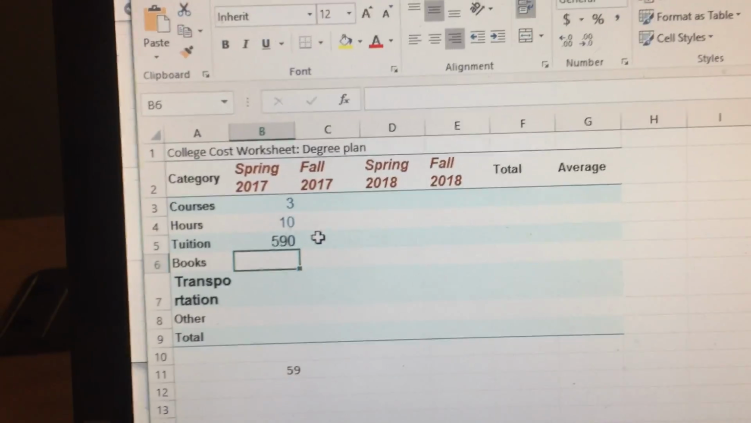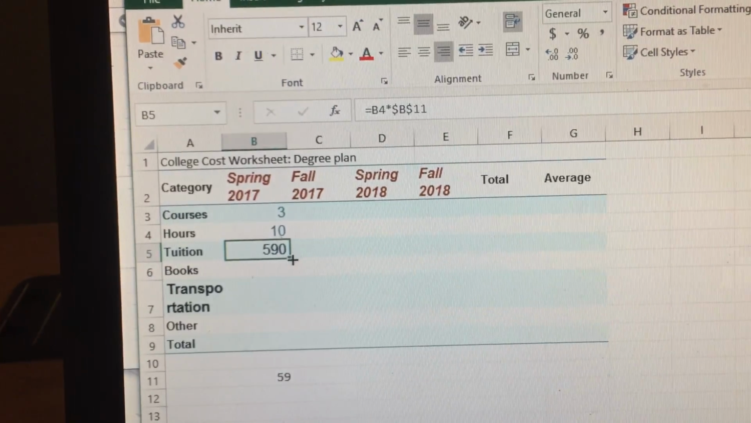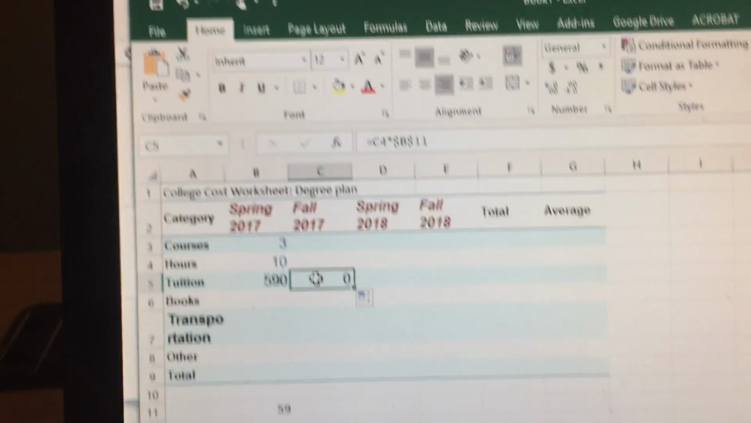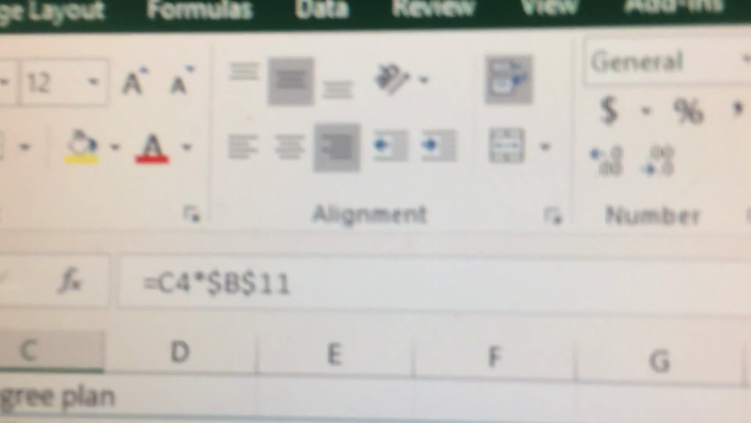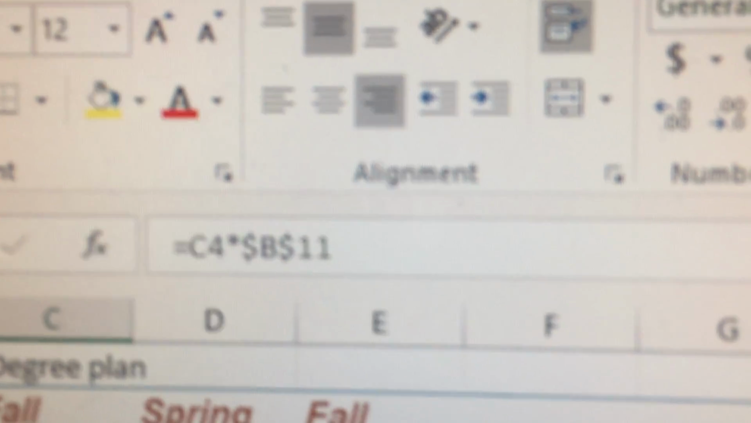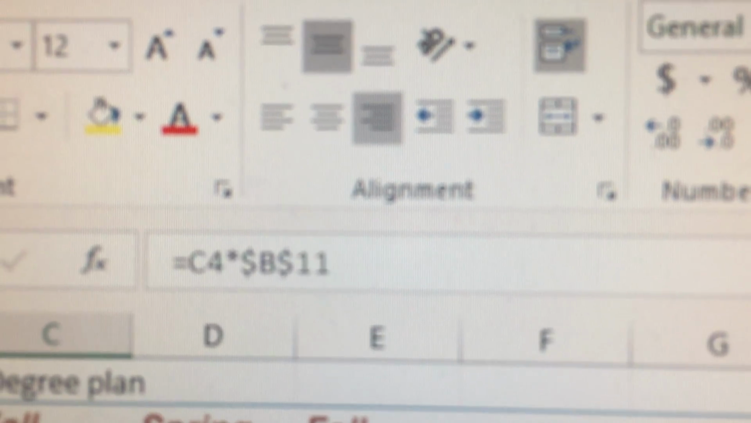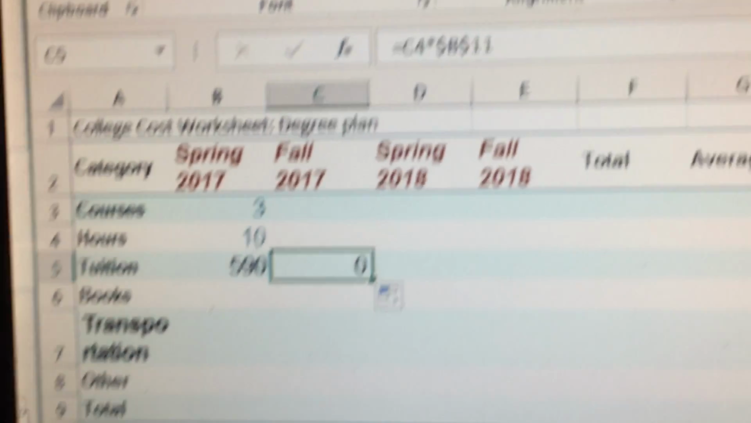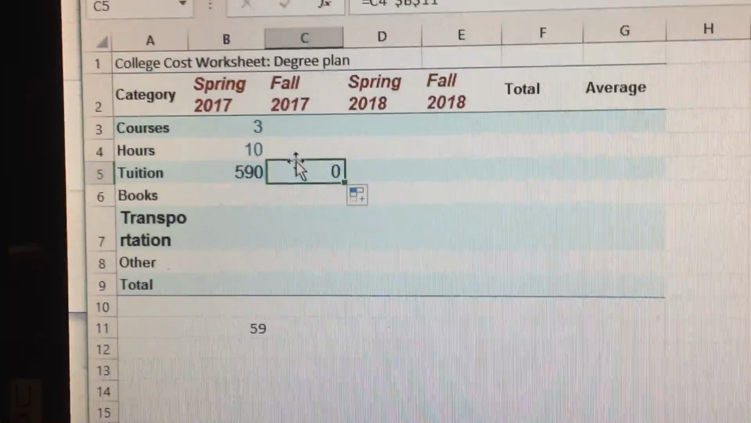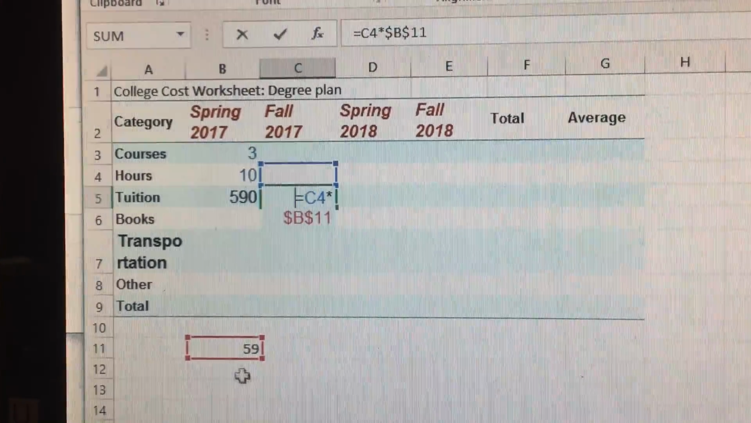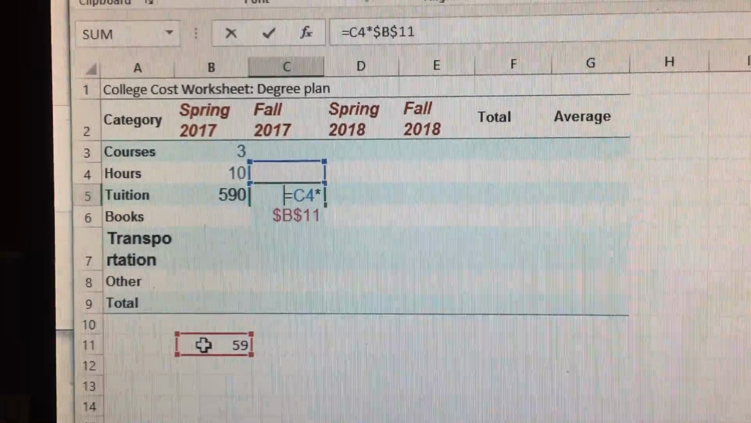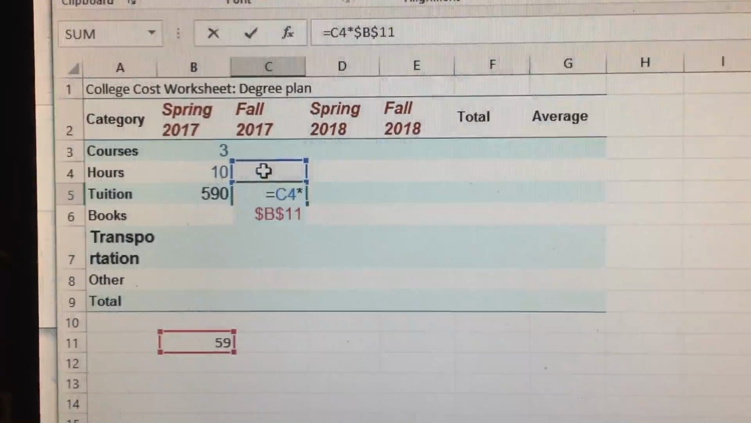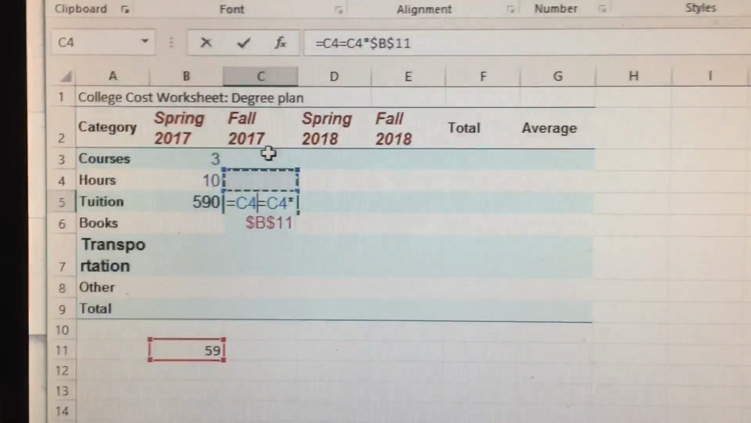What that means is that when I drag this over 1, I don't have to retype my formula. It's automatically updated so that it says equals C4 instead of B, but it's kept the B11 because those dollar signs say don't change it. We want B11. And if I click on this, you notice it's still multiplying by this, and it's now trying to multiply by this empty field. So let's say,